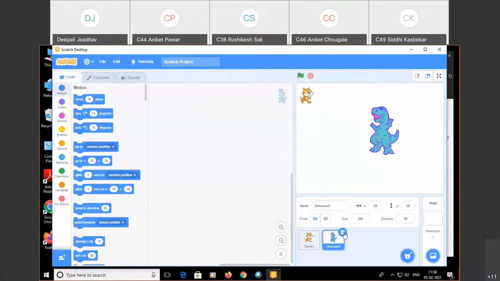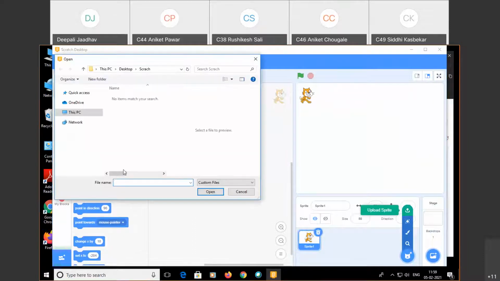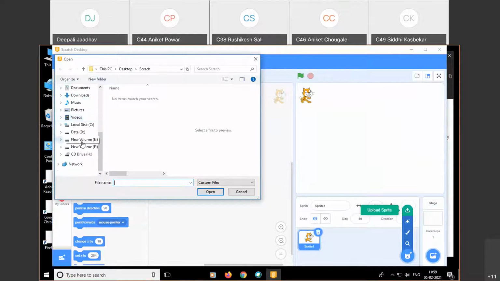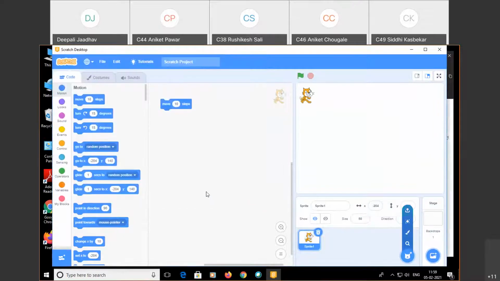Another thing is about the sprite: you can take the sprite or upload it from your computer or from the internet. For example, upload sprite is available. Suppose I click on this upload sprite. It asks for the file to upload. Okay, suppose I want to upload this aeroplane.